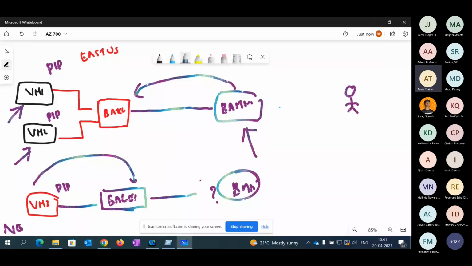Is this point clear? Any questions, team? Any point? Team, any questions from anyone?